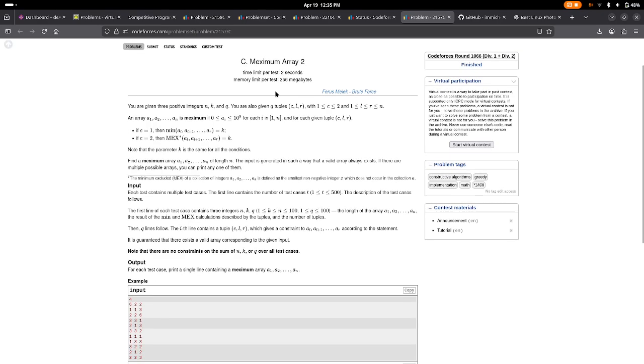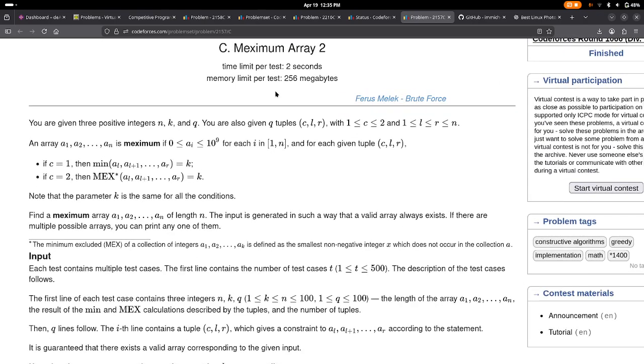Let's read the question. You are given three positive integers n, k and q. You are also given q tuples c, l, r, where c is in the range 1 to 2 and l and r are in the range 1 to n. An array a1, a2, ..., an is maximum if ai is in the given range for each i belonging to 1 to n, and for each given tuple c, l, r: